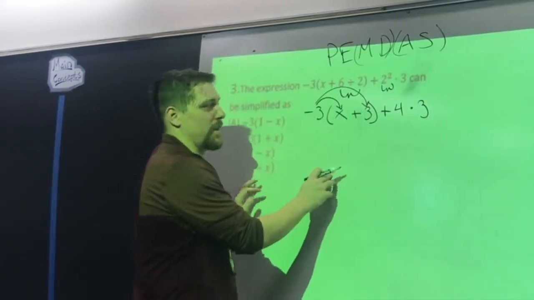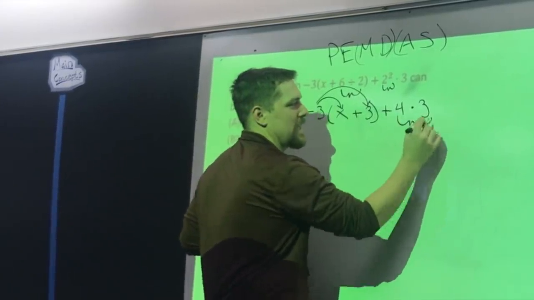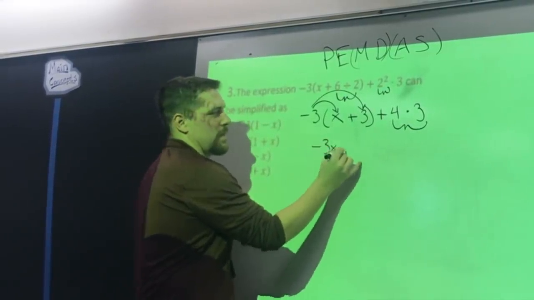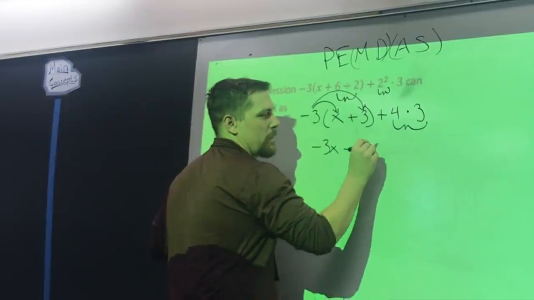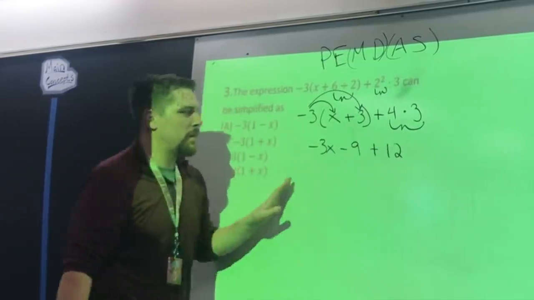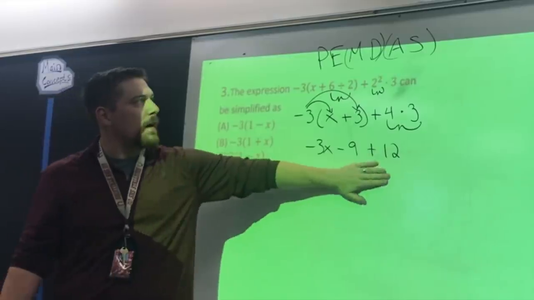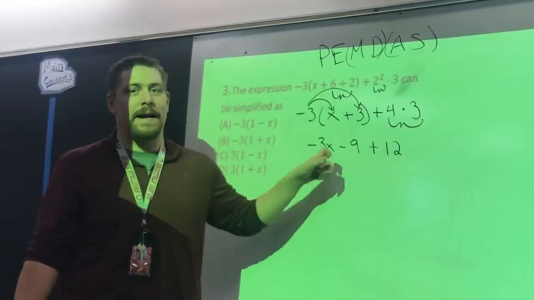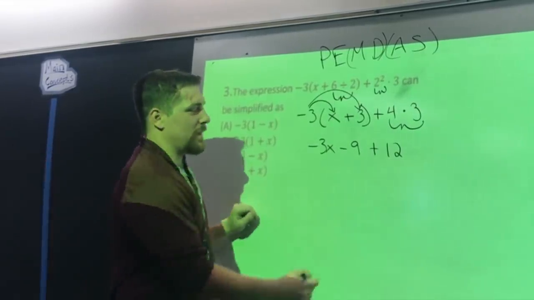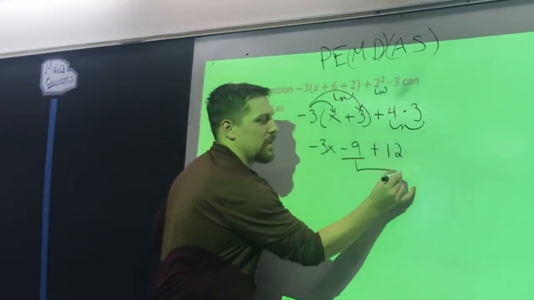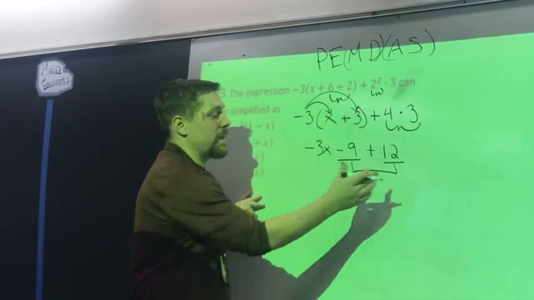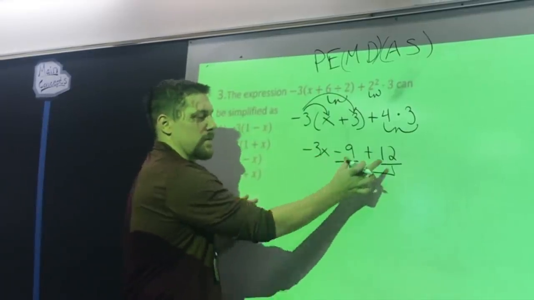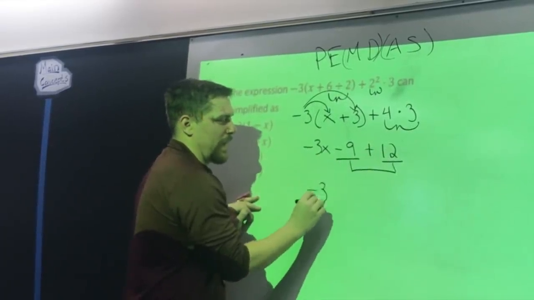Distribute means multiplication. And then at the same time, I'm also going to take care of this multiplication. So I get -3x minus 9 plus 12. Now it's at this point here, I'm on to the adding and subtracting because that's all that's left. So I have to combine like terms. And the only like terms are -9 and +12 because they do not have an x. There is no like term for -3x. So I combine these two, giving me 3,